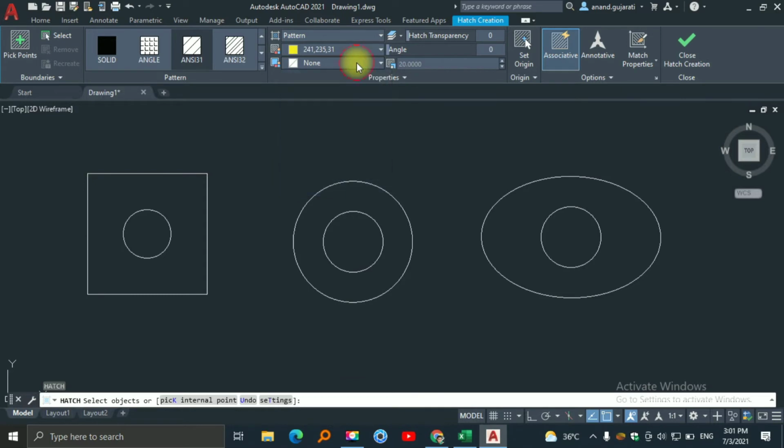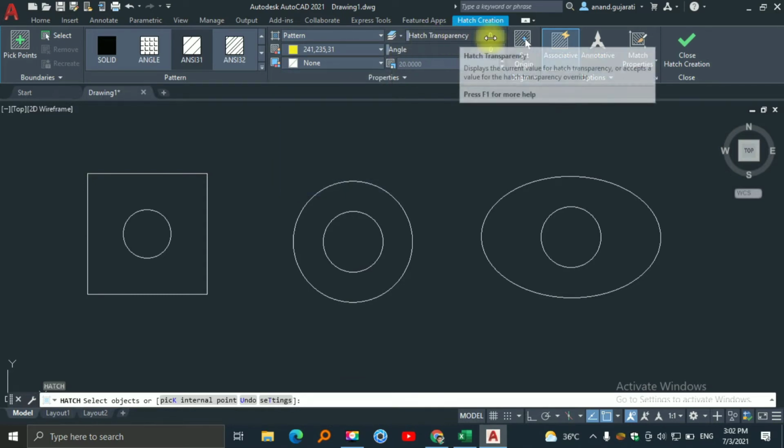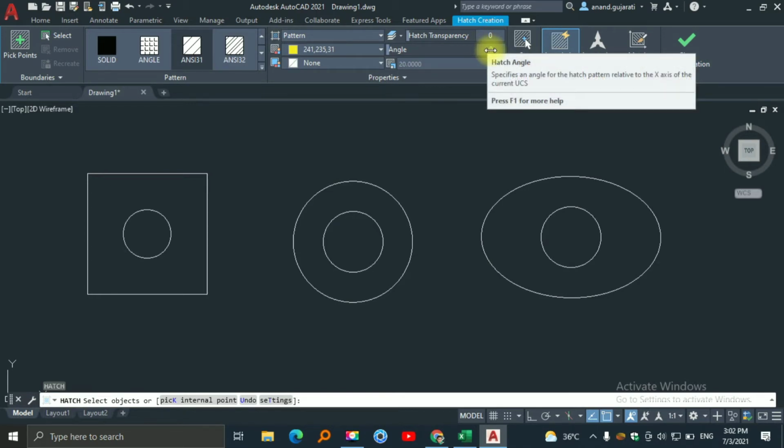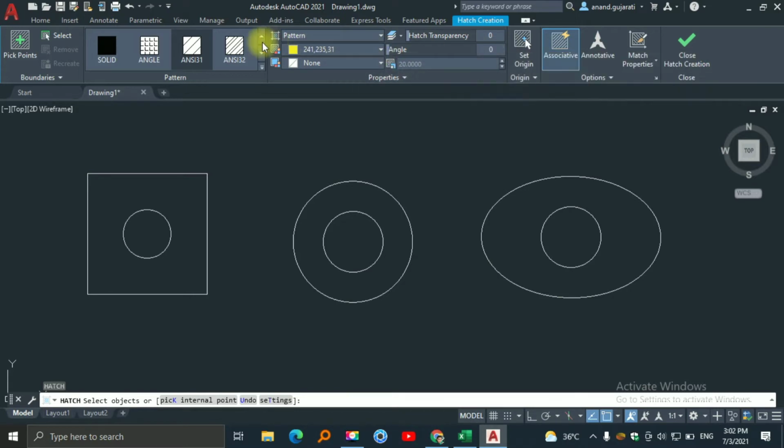Now, what is the hatch transparency? For example, if you want to make 50% transparency, a very light hatch, you can select it from here. You can also change the angle of the pattern.